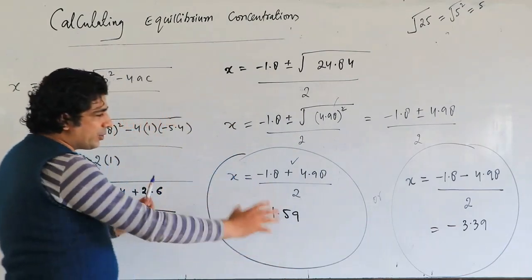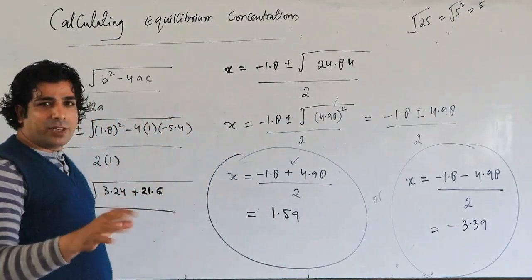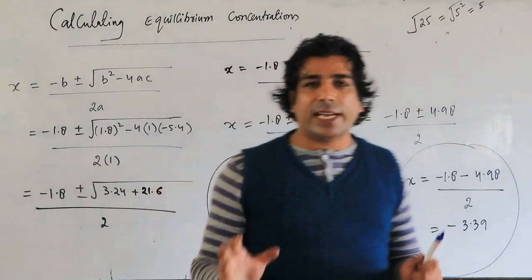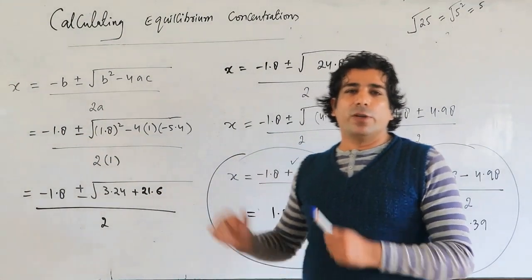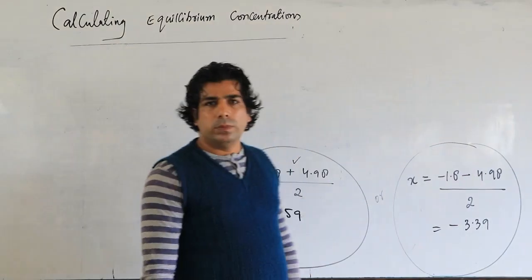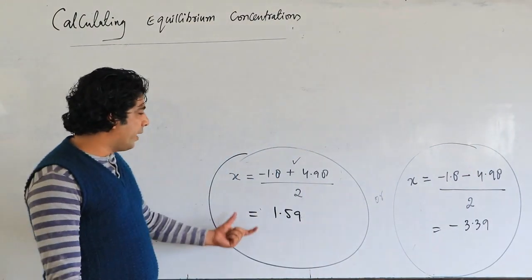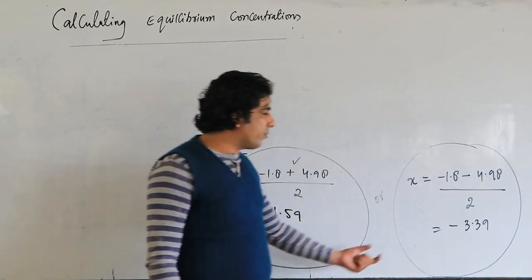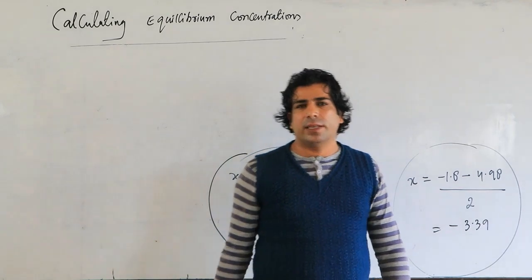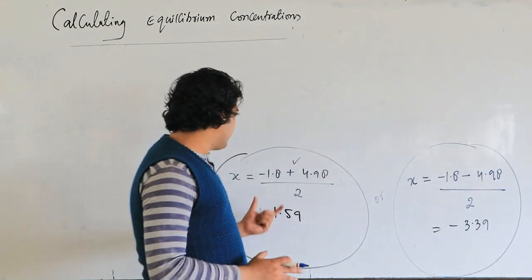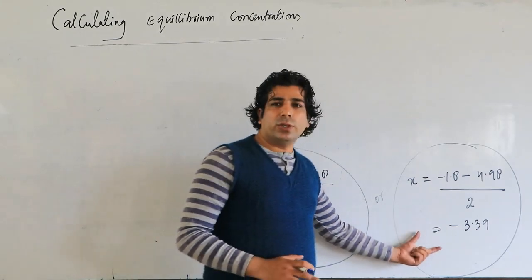So after getting these two expressions, let us check first of all which one is basically our exact x value. Then only we will go for the next step, my dear friends. Please make note of this. Dear friends, now we got the two values of x. One is plus 1.59 and another one is minus 3.39. Now you have to decide which value you have to choose, whether the x is this one or this one. So let us find it out.